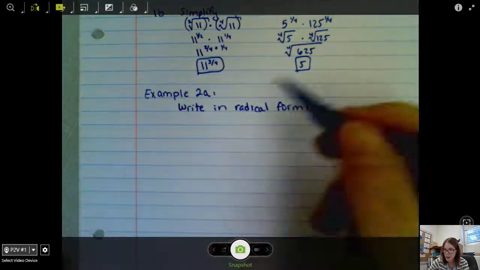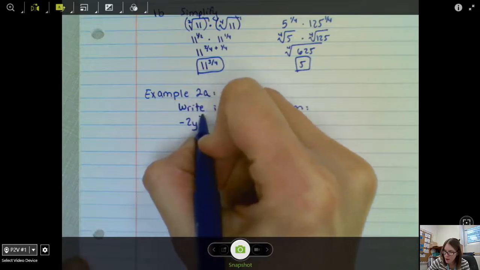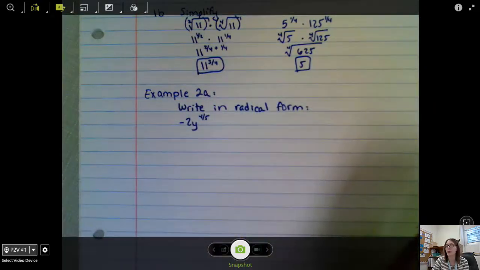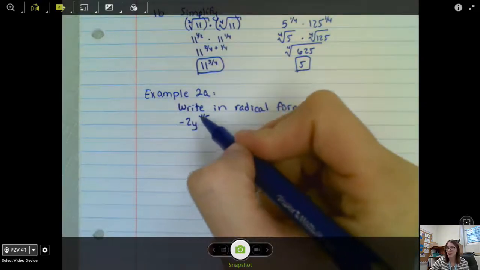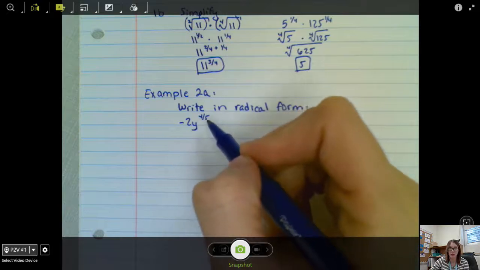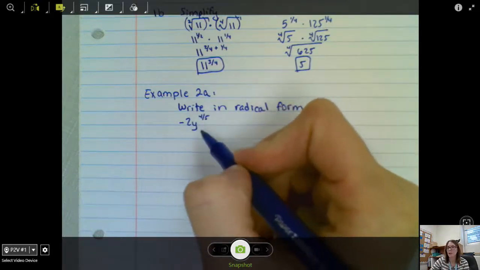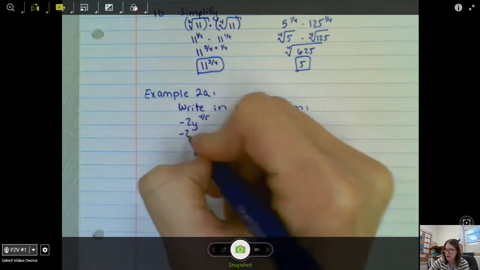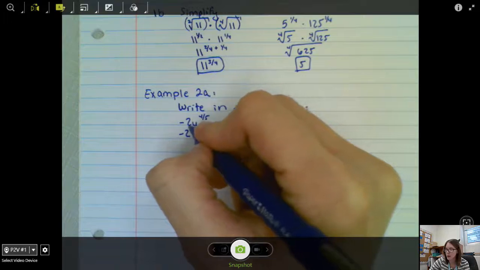The first one, let's do negative 2y to the 4/5 power. Something to be really careful about here is what is actually to the 4/5 power. Is it the y? Is it the 2? The negative 2? Both? It's really just the y that's to the 4/5 power. Negative 2 times y to the 4/5. Well, this y to the 4/5,